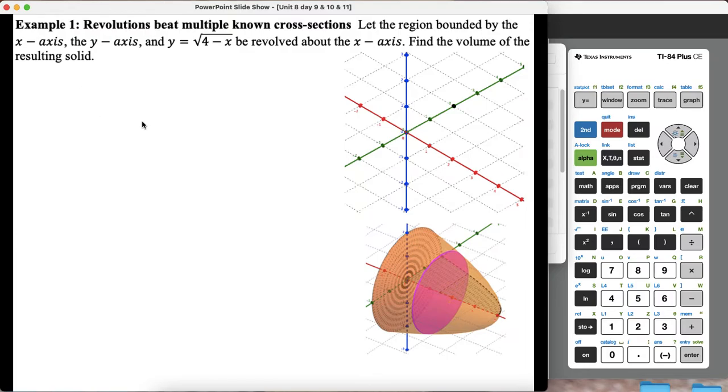So the first thing we want to do here is graph this. I usually graph these things point by point. So when x is equal to 0, so again the red axis is x, y is the square root of 4, which is 2. So it's at that point right there. When x is equal to, let's see, what would be a convenient number to choose. When x is equal to 4, then 4 minus 4 is 0, so y is 0, so I get that other intercept point there. And if I put 3 here, then x is equal to 3, then this becomes 1, square root of 1 is 1. So we know we have the smooth curve